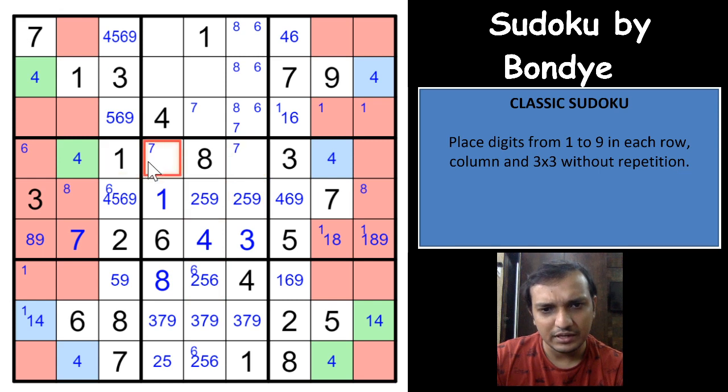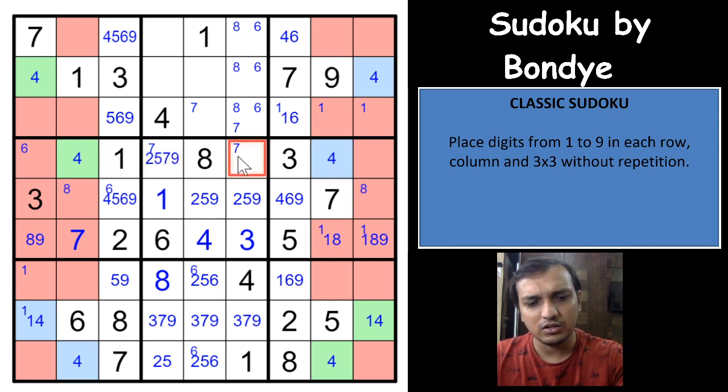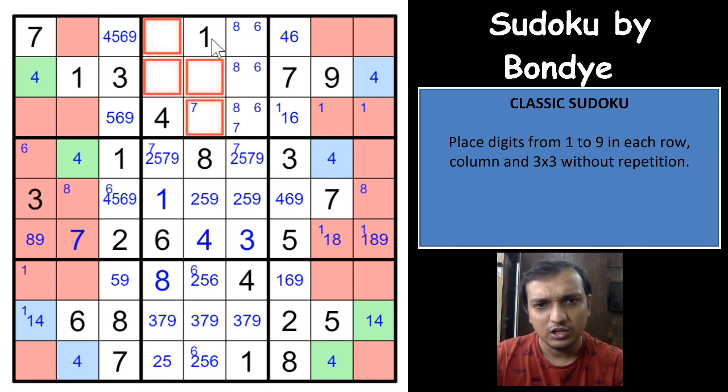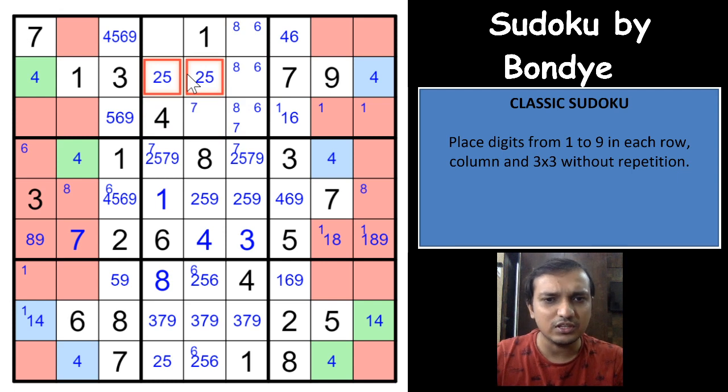2, 5, 7 and 9. So 2, 5, 7, 9, 2, 5, 7 and 9, and these digits cannot be 1, 4, 6, 7, 8, 2, 3, 5 and 9, 3, 9, which means these two cells would have to be 2, 5. Oh, it was easy. This could have been done at the start itself. So you have a 2, 5 pair